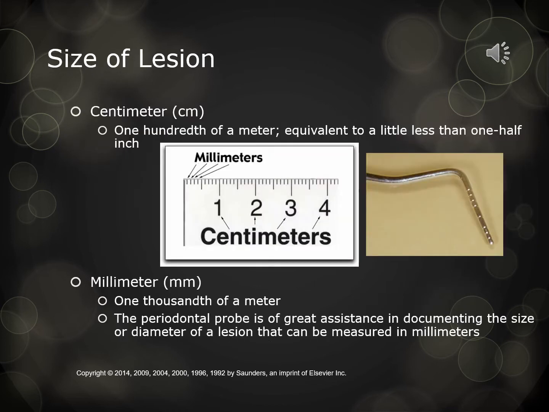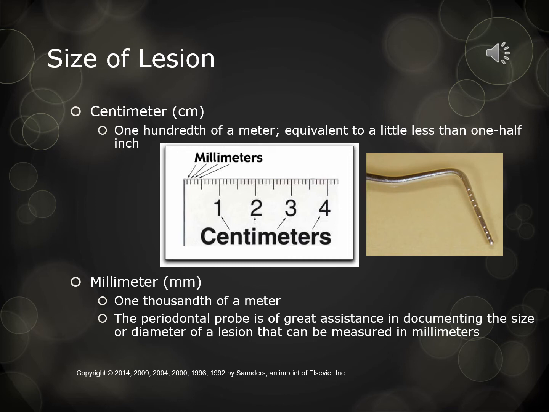Another way to describe a lesion would be utilizing our periodontal probe to show the size of the lesion. With the periodontal probe, it would be measuring in millimeters, 1/1000th of a meter. We could do it horizontally and also vertically. Also, you can do the depth of it. This is also good in showing the classification of the occlusion and how much overbite we have utilizing the periodontal